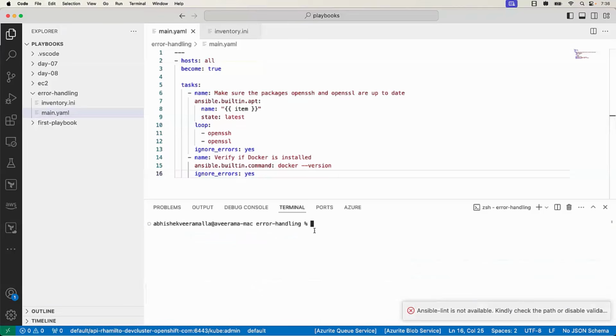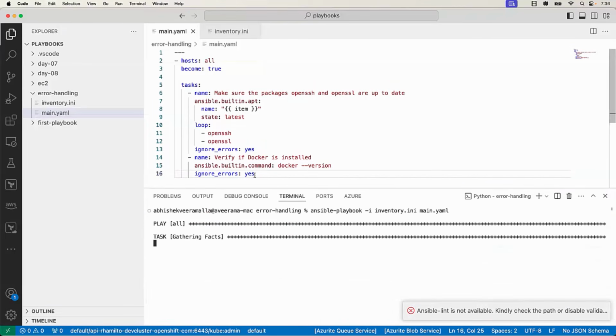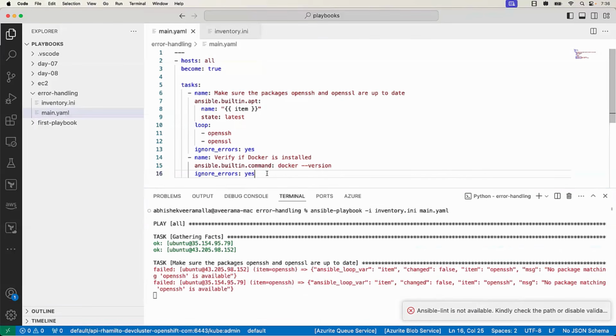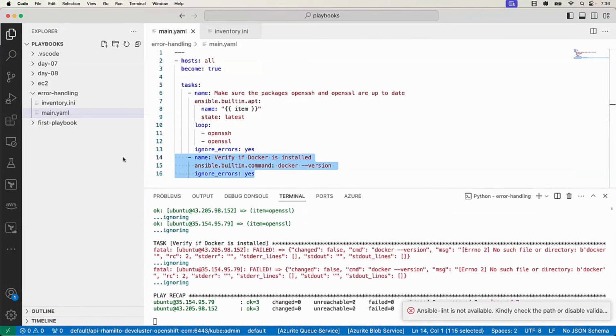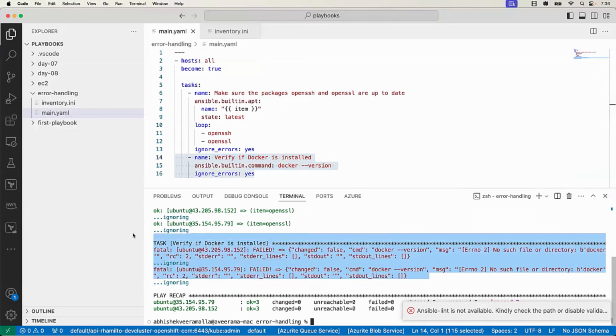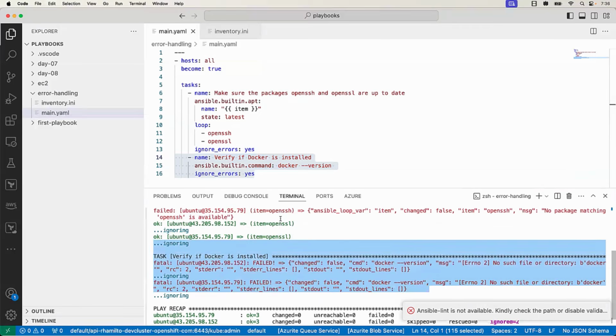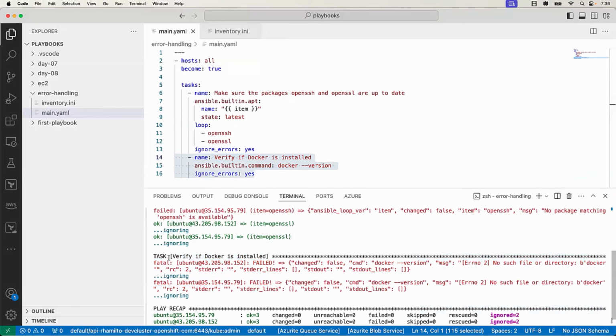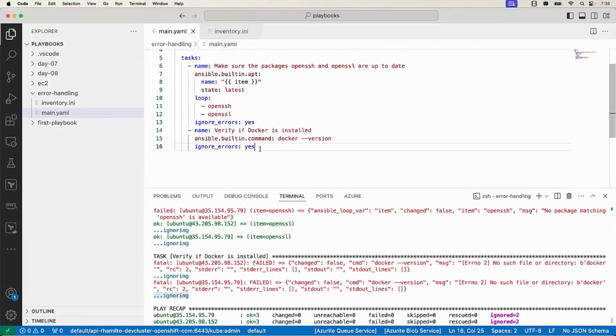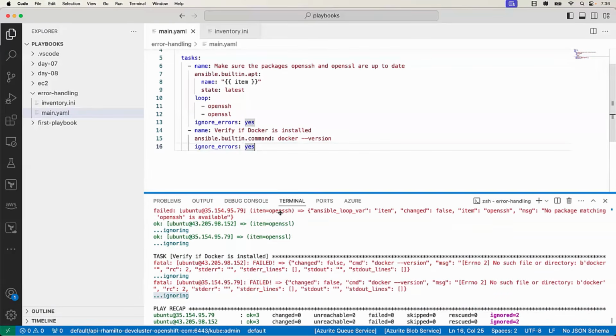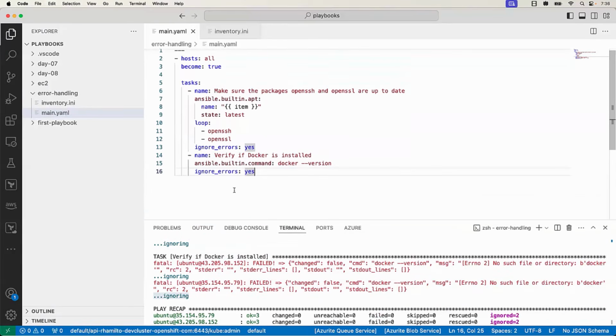Now if you do this, you will see Ansible will ignore the errors in this step as well. But in step 2, we have to do something more, right? I'll come to that point. Let's see this particular thing. First, in the execution, we can see even in verify Docker is installed, it said ignoring. There is no task after that. So Ansible execution has completed. If there is one more task, Ansible would have executed that. But now the question is,